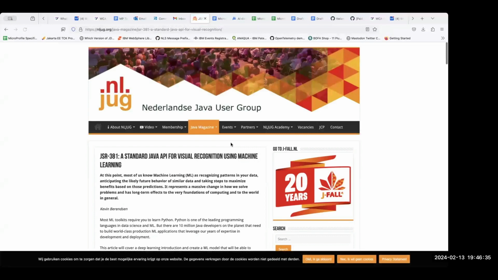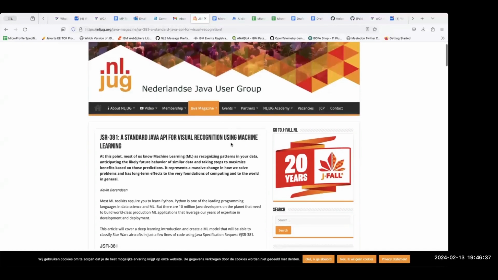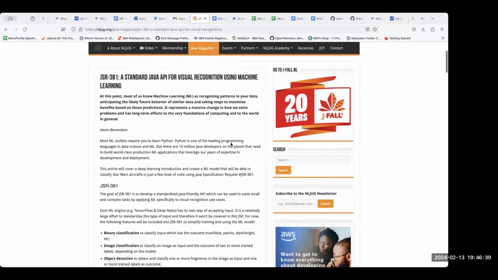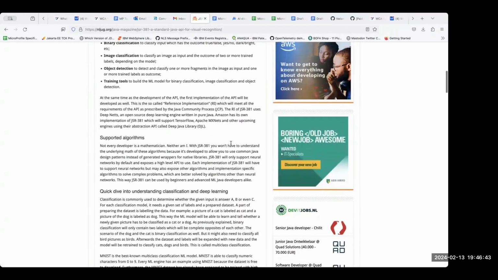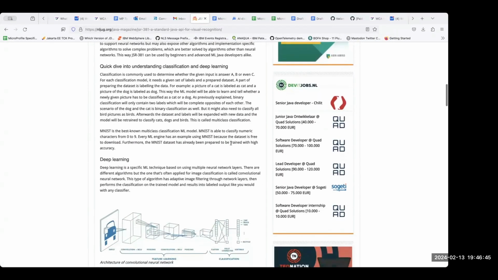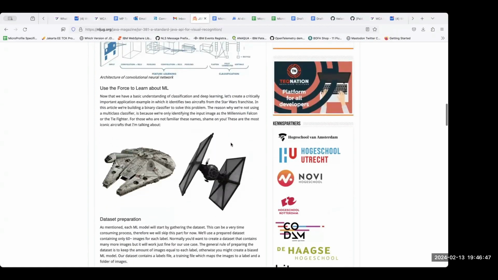I think the 381 is the standard Java visual recognition with machine learning. Yep. And we can use it for object detection.